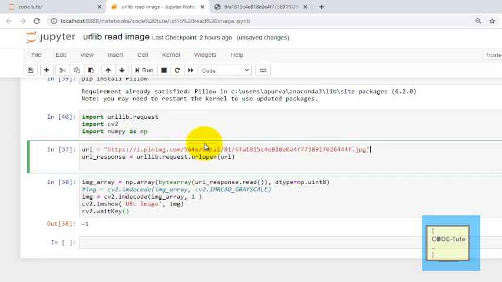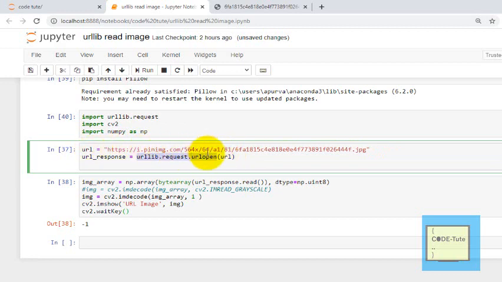Now to open this URL we need urllib.request. If you want to check the response, you can write url_response equal to urllib.request.urlopen. To open any specific URL, this is the command, urllib.request.urlopen, and just pass the path. This is my path which I am going to pass here, url.